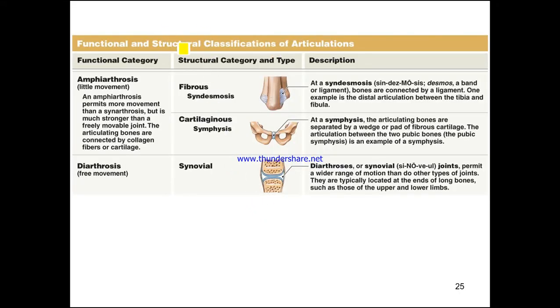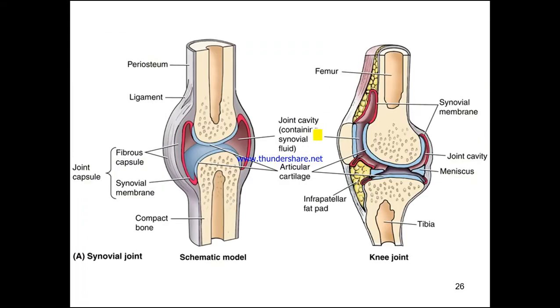And here we have some of our other categorizations for articulations. We have the fibrous, syndesmosis, cartilaginous, symphysis, and synovial. So here we can see a synovial joint. We can see how the bone is dressed by the periosteum. We have a ligament around the joint, around the fibrous capsule, and the joint cavity, which is going to contain